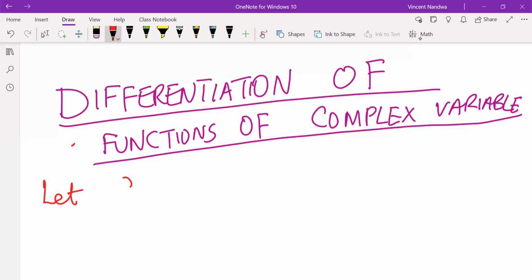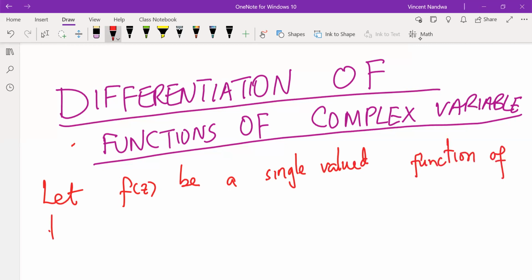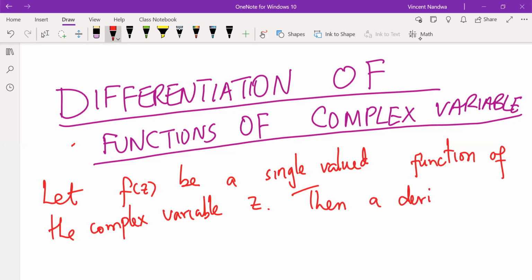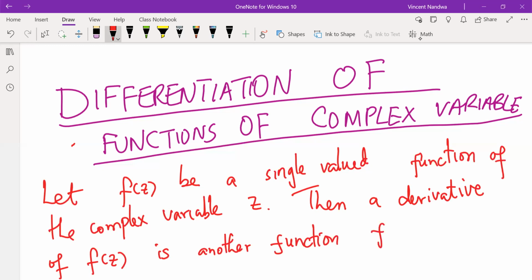So let f of z be a single valued function of the complex variable z, then a derivative of f of z is another function f prime of z given by